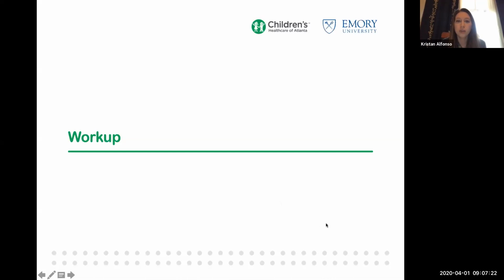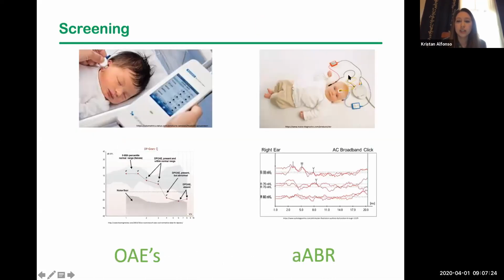So starting off with the workup, I'll do a brief discussion just of screening. In terms of screening, there are two main ways that screening is performed. One using OAEs, so otoacoustic emissions, and the other one being an automatic ABR. And in general, and actually up until the 2019 infant hearing statement from the Joint Commission, you would screen